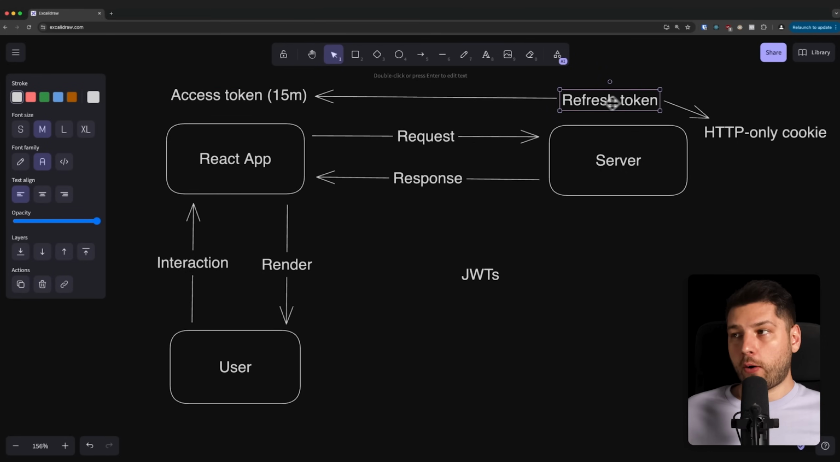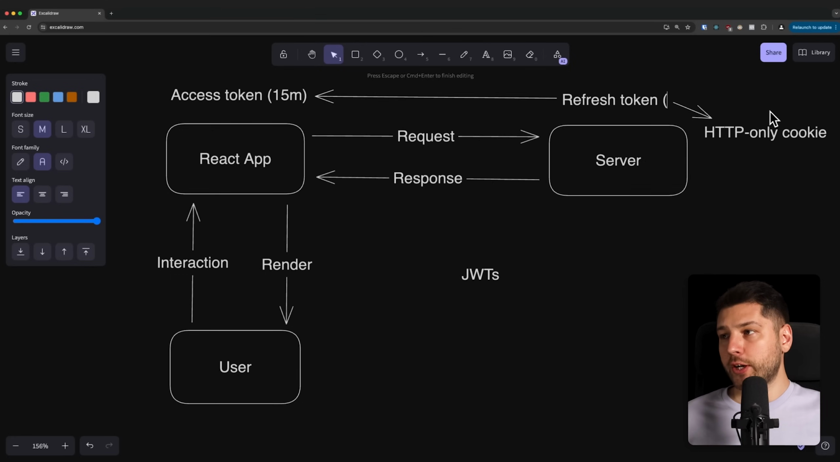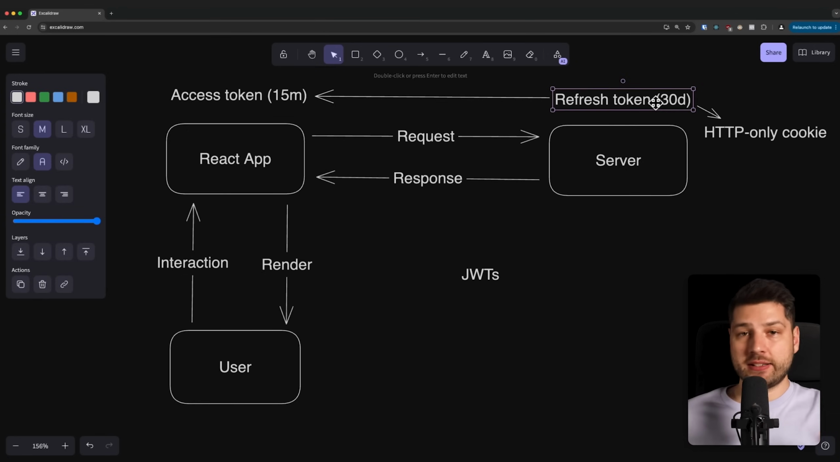The refresh token, however, because we're only storing it on the server and in an HTTP only cookie, which is a secure cookie, we can get away with having this expire after a bigger amount of time. So we can do something like 30 days, for example, right? Doesn't have to be 30 days. It can be 60, it can be 15, it can be 90. It really depends on your use case, but generally 30 days is a pretty safe average that we can implement